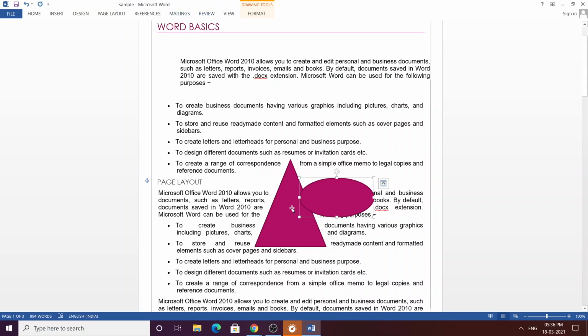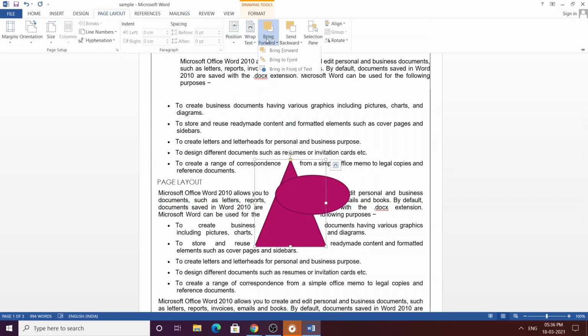So if I want to move this triangle to the front before the ellipse, just click on the triangle, click on page layout, and click on bring forward. You could see that the ellipse will now be at the back of the triangle. If you want to send this triangle backward, then click send backward. You could see the difference between these two. If you have too many shapes, then click on bring forward or send backward until you get the image or the shape at the position you want.